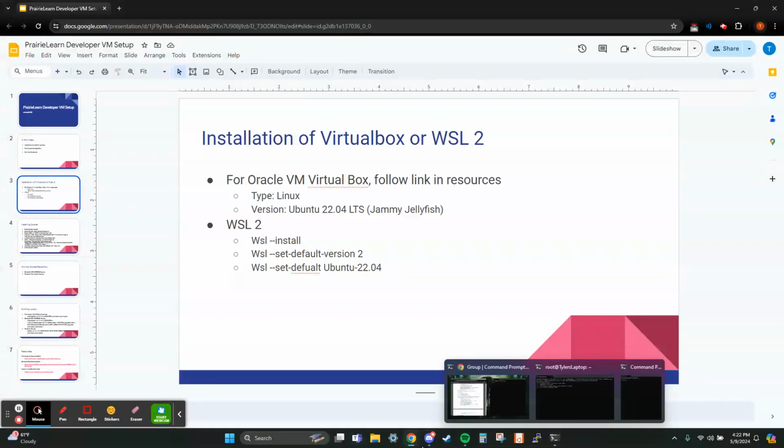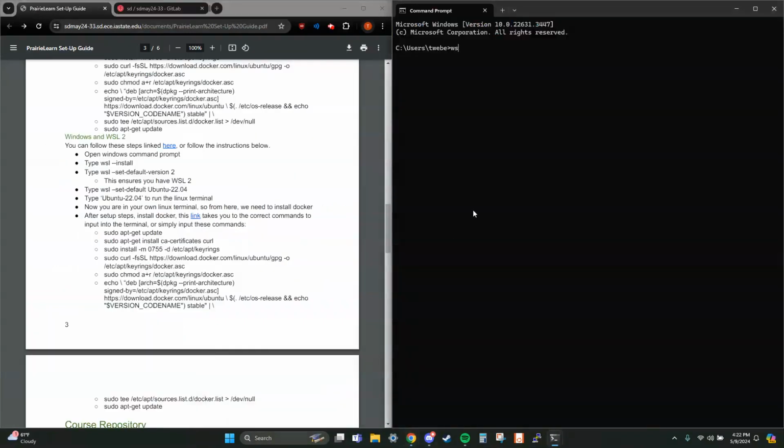On the other side, if you want to do WSL, you will do wsl --install, as you can see in our documentation, which is linked at the end of our resources slides. It will tell you to go through, but for me, it's already installed. So after I do this, it's going to launch my Ubuntu. Once I have my Ubuntu launched, which I will show you rather than letting this go through,